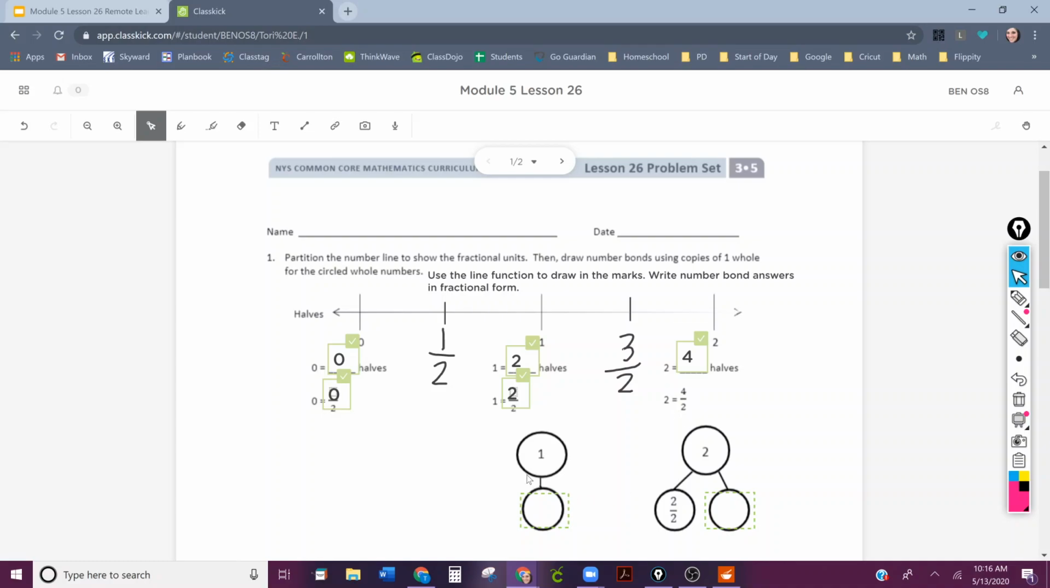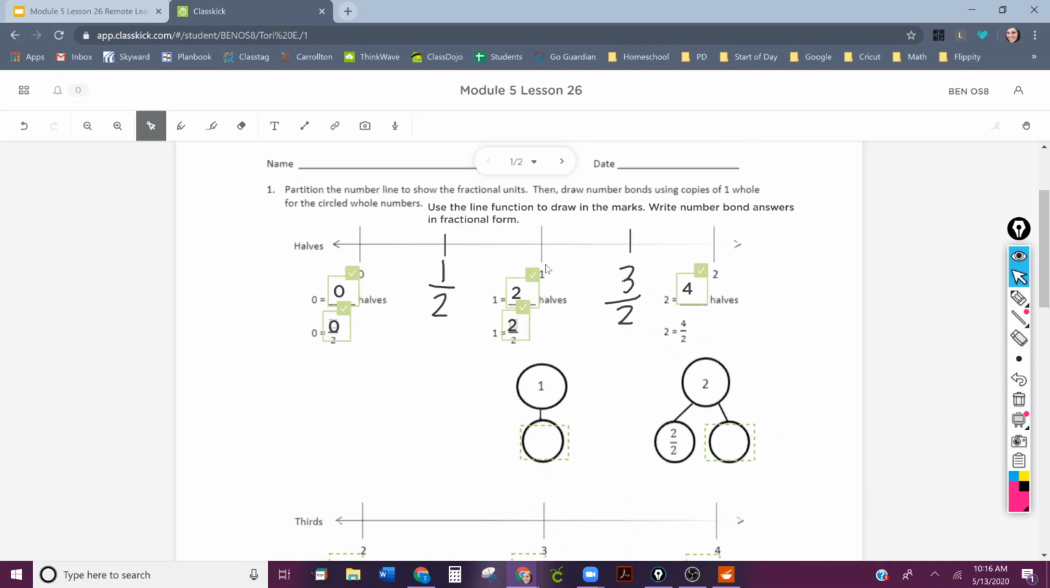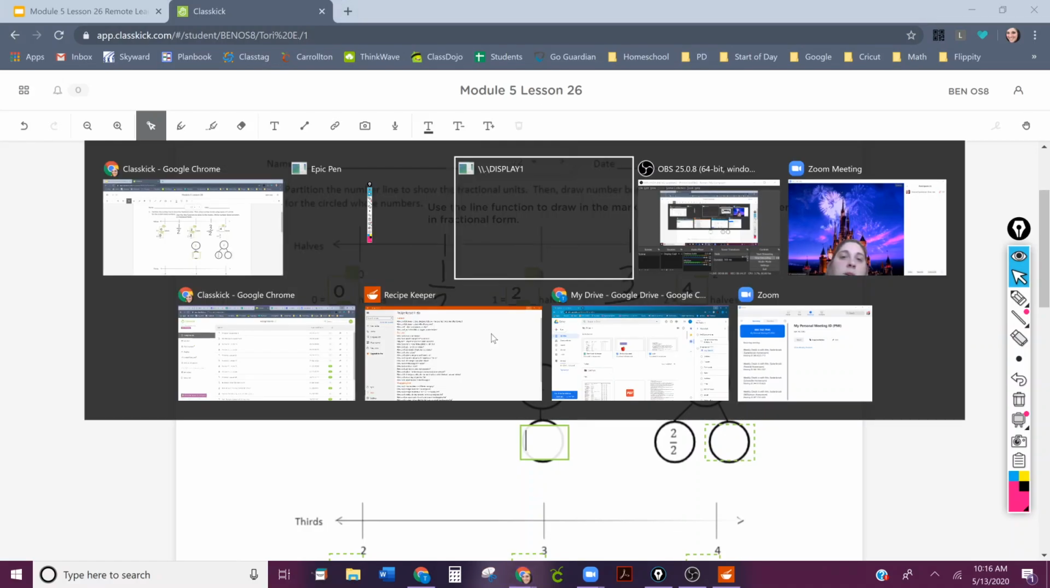Now we come down to our number bond. Well, right under 1 whole, you see you have a number bond with 1 whole. And in fraction form, because it says, right, number bond answers in fractional form. So in this part right here, we can't write 1 because we have to do it in fraction form. So I'm going to look up here, and over here in fraction form, I put 1 equals